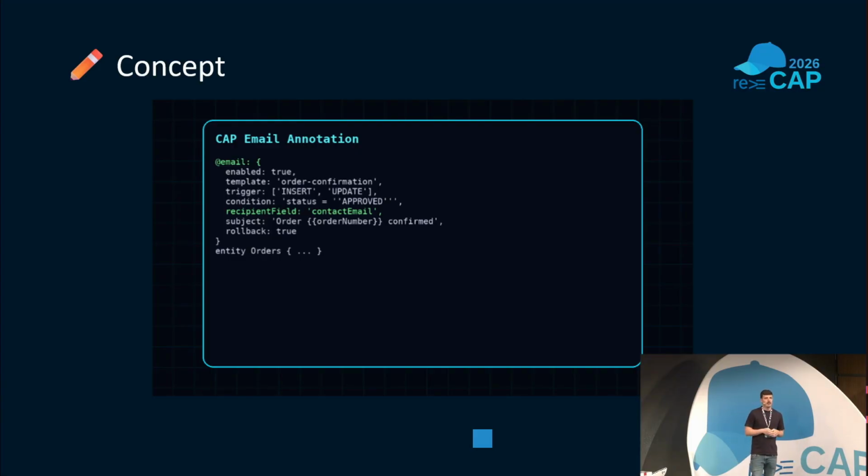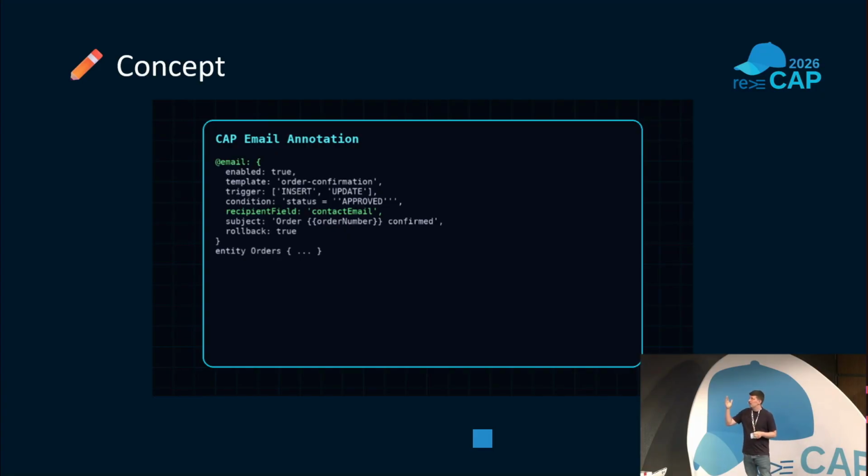Well, to make the life easier, again, a nice property inside this annotation has been foreseen. Also, the recipient field is present, where you can actually refer to the contact email that might have been stored inside your database, or you just leave it out and the email address of the logged-in user will be read out by the plugin,